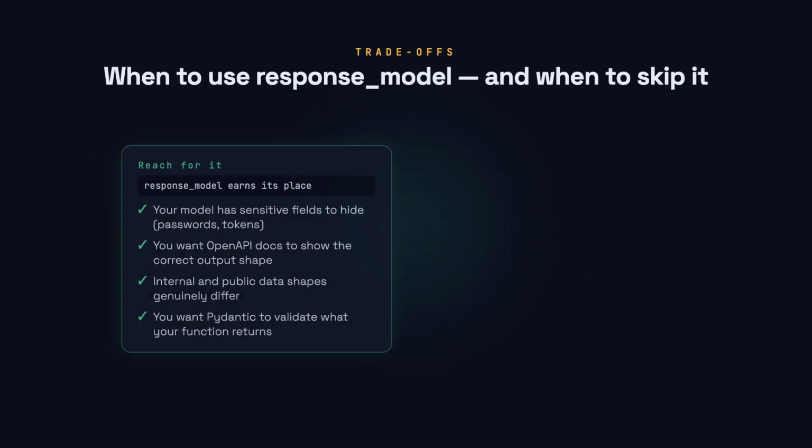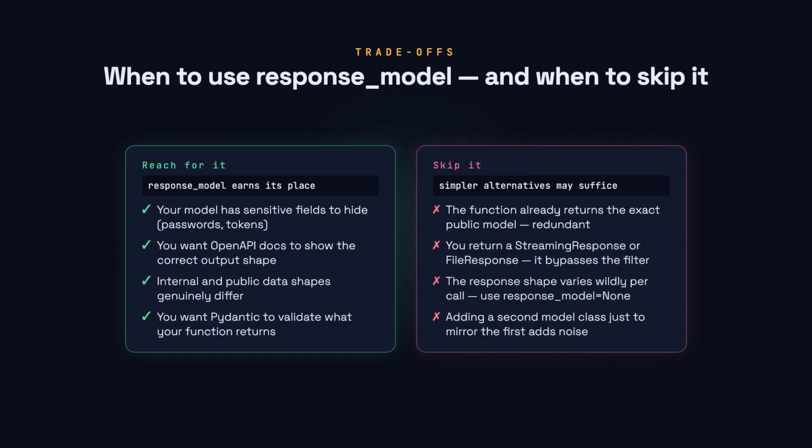Use response_model whenever there is a real gap between what your code knows internally and what callers are allowed to see. Passwords are the classic case. It is also a great fit when accurate OpenAPI documentation matters to your team or your API consumers. On the other hand, if your function already constructs and returns the exact public Pydantic model, adding response_model is redundant. FastAPI will already serialize it correctly. And if you return a streaming response or a file response, the filter is bypassed entirely, so response_model does nothing